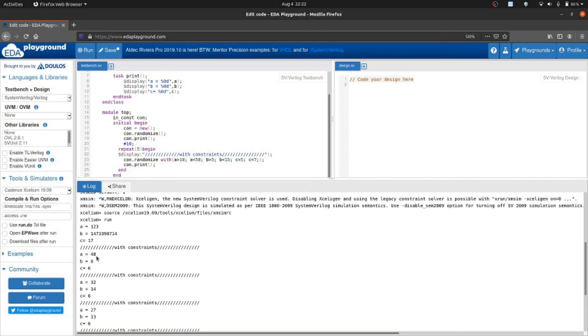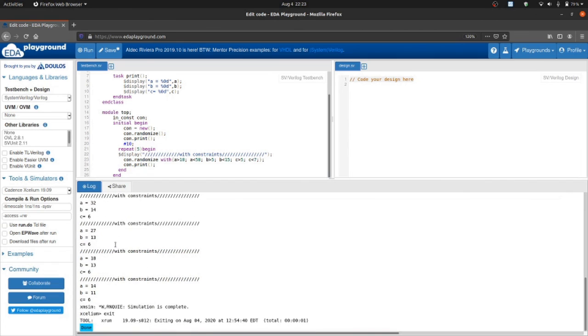After that, the same 48, 8, 6 all follow the restrictions. Then a is 32, which should be greater than 10 and less than 50, so it is in range. b is 14, greater than 5 and less than 15, okay. c is 6, because we wrote that c should be greater than 5 and less than 7, so it is also in range.